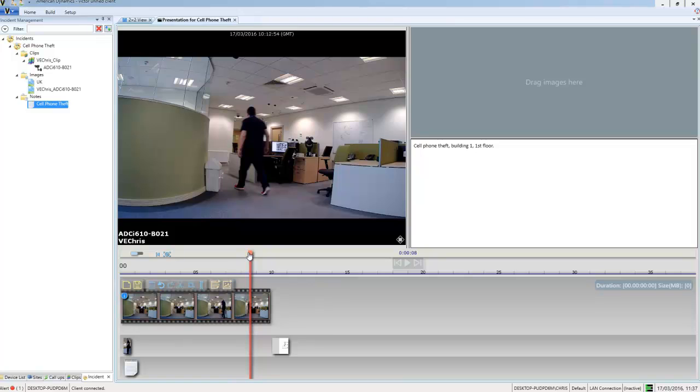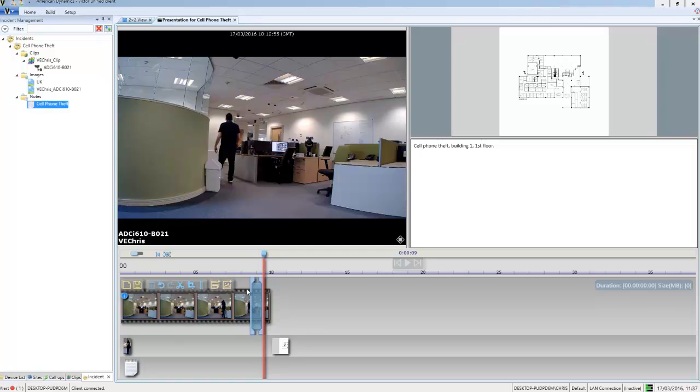I'm going to move my playhead there. I'm going to use the marker tool to set the marker for the start time and the end time. I'm going to select that section of video and use the remove tool to remove that out there. Okay, so when I'm happy with my presentation and the order and where things are placed,